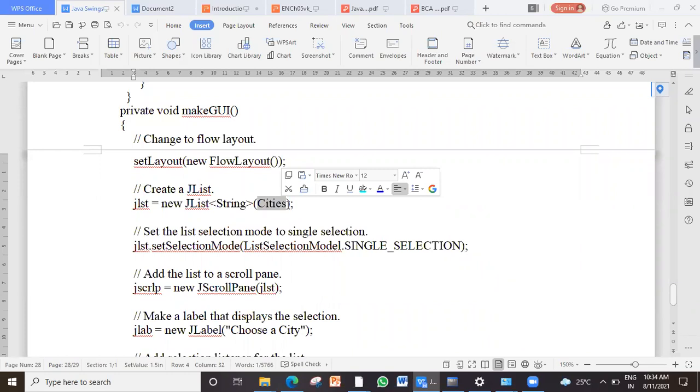A static variable should be called with the class name. This is the method which is used to do that. Once my list is ready, I can attach a scroll pane if I want, a label, and then I'm placing that list on my applet.